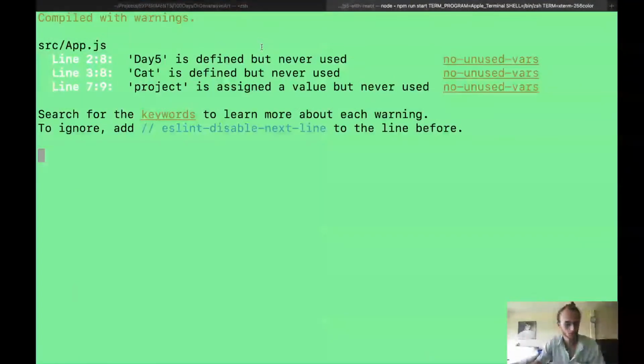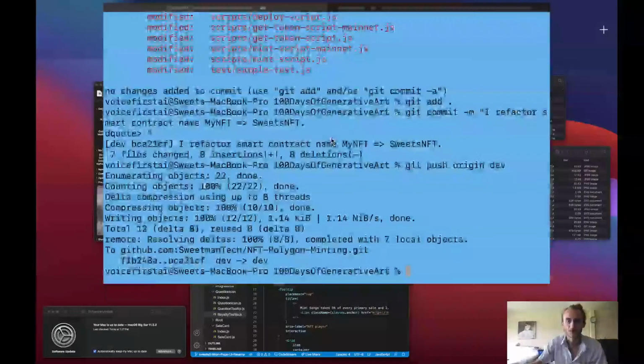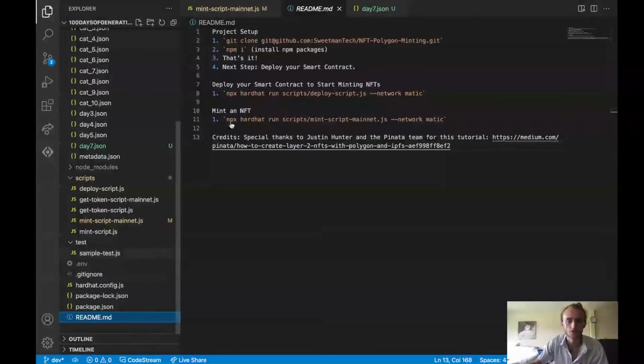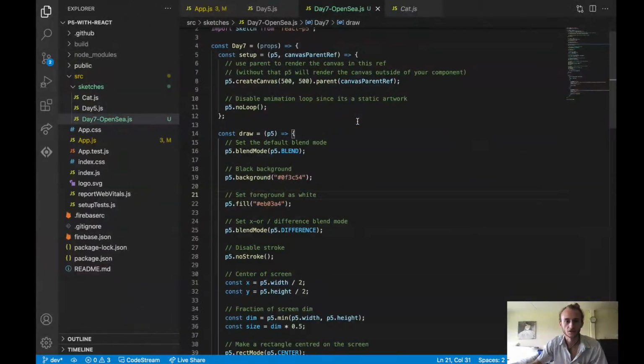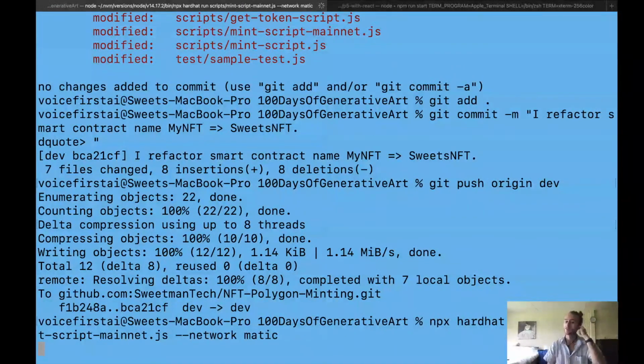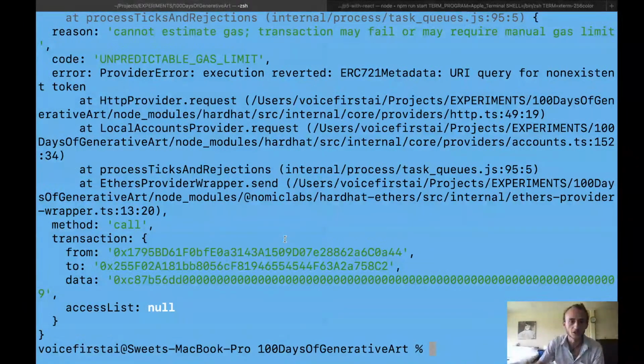We don't care about this one. We're gonna switch tabs over into this one. And now if you check out the README, I added a couple README scripts into this repository. So to mint an NFT, you can just copy this script to make your life a little bit easier. Paste it, and now we hit enter, and we're now minting an NFT. So we can just take a couple deep breaths. And boom, we should have just